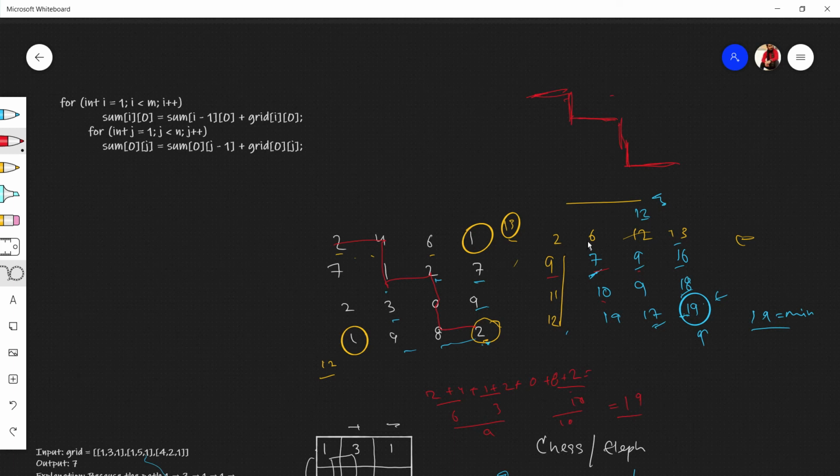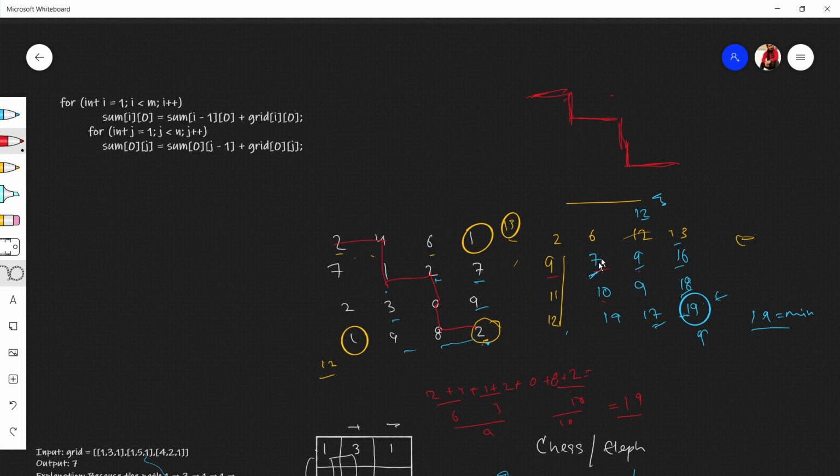Okay, filled 2. Now i plus 1, moved on to the next iteration. This was empty earlier. Now I am standing on this, and I want to fill it. How will I fill it? i minus 1, the last amount which I have paid is 2, and the current token amount, I am standing on 4. So this is my current token amount. 4 plus 2 gets to 6. Now I have already paid 6, so we won't add these. We'll add 6, which is our previous value, and the token amount of this cell. So 6 is added to the token amount, which we take from the grid.